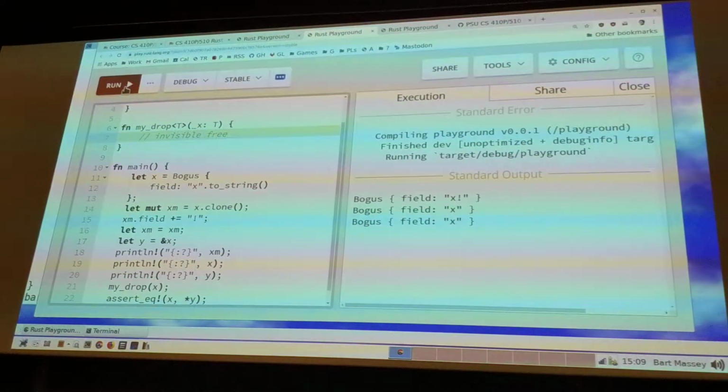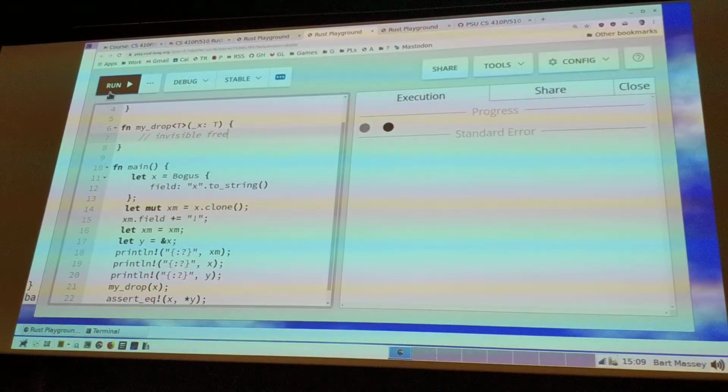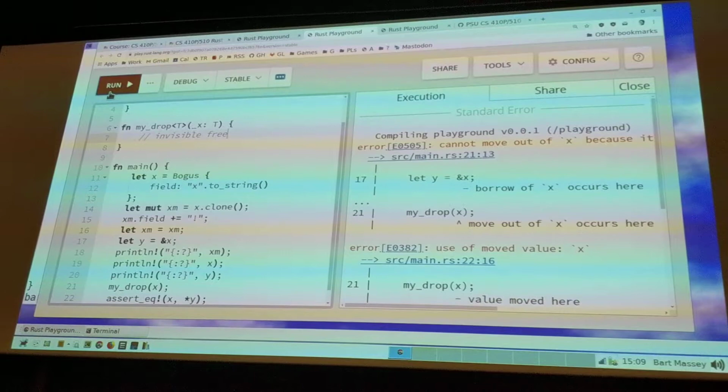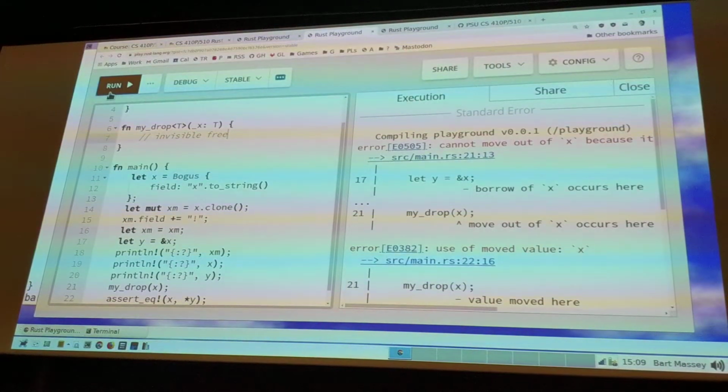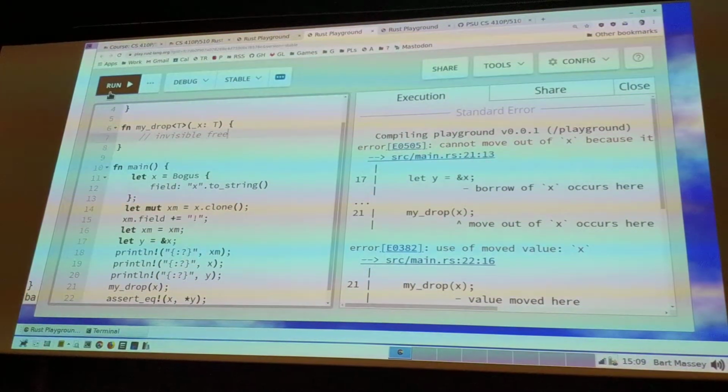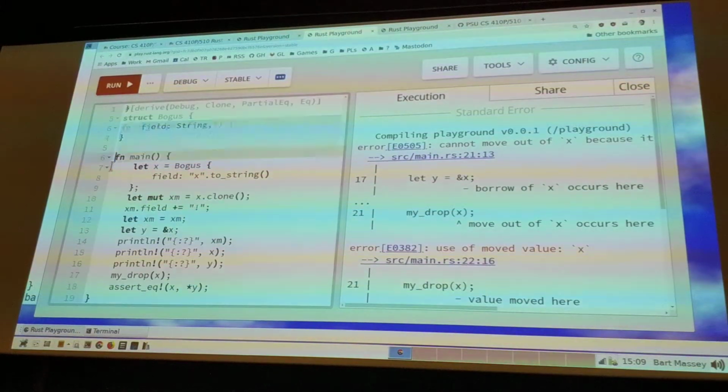And now I've dropped the value. It behaves just as if I'd called the system drop. The system drop is literally written just like this. That's silly, we shouldn't do that. But that's how it works.